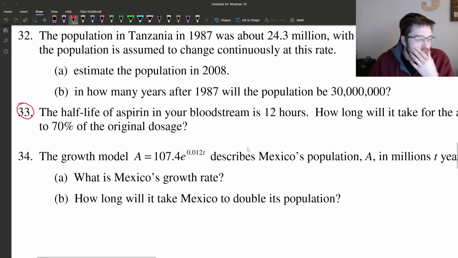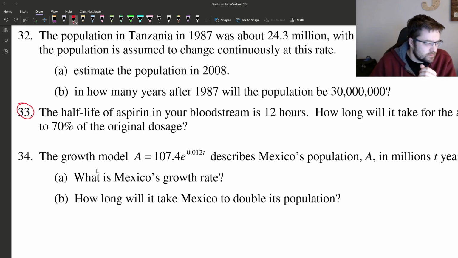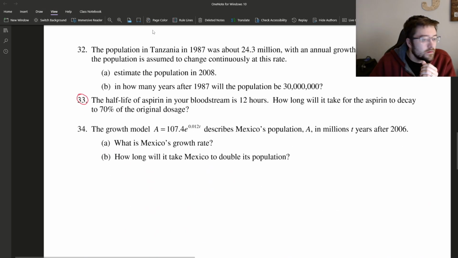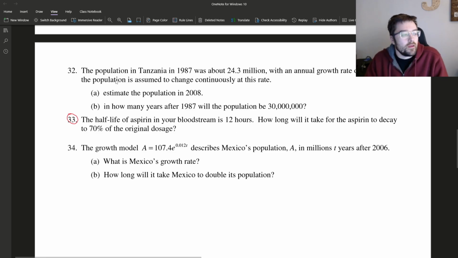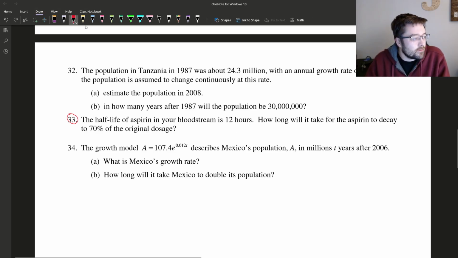A similar situation happens for 33, the half-life of aspirin. How long will it take for the aspirin to be 7%? To decay to 7% of the original dosage. Yeah. So write what you know. Write the amount that you want from the whole times e to the